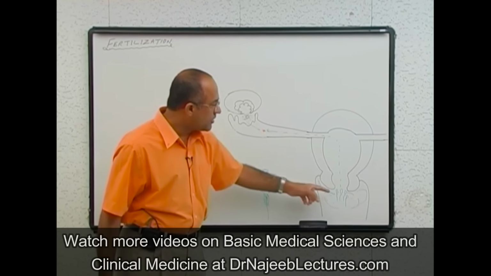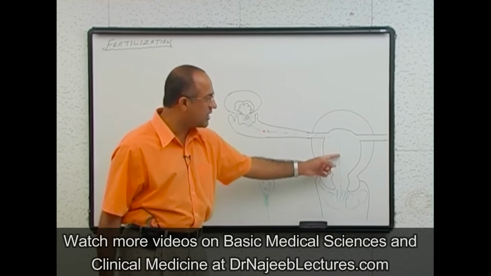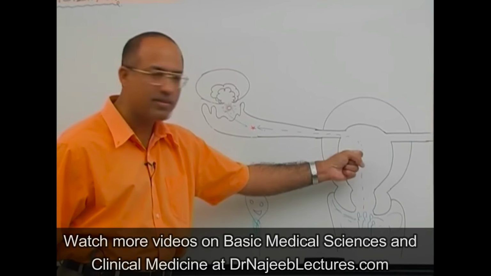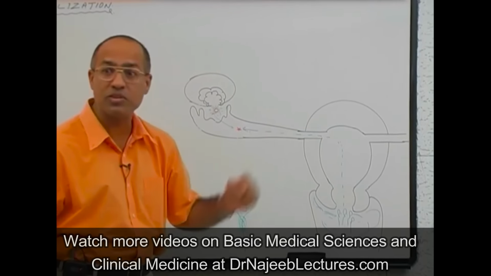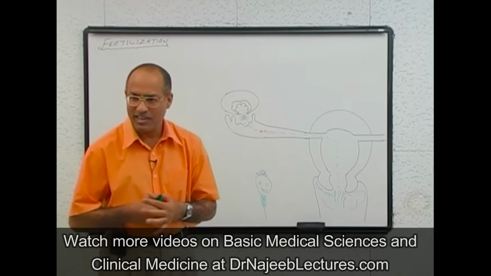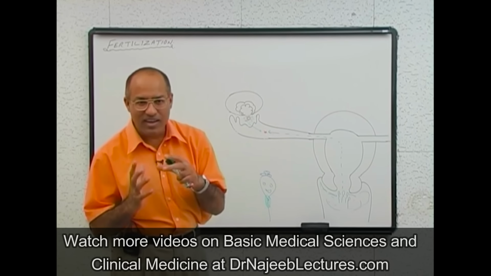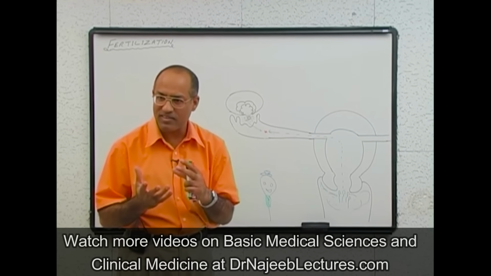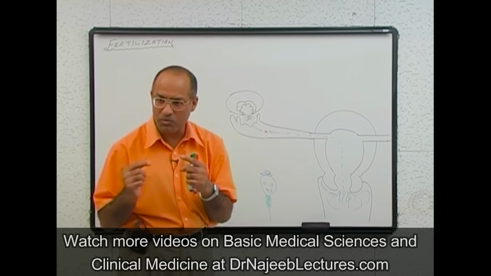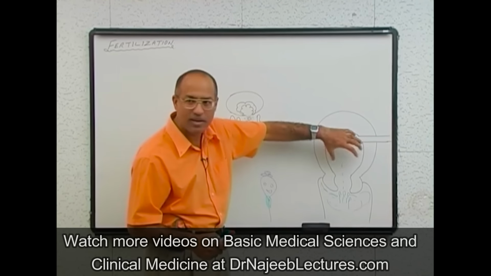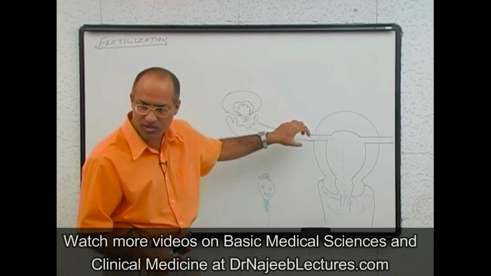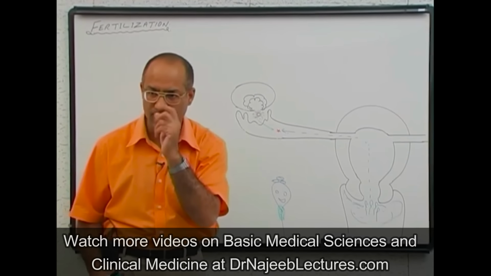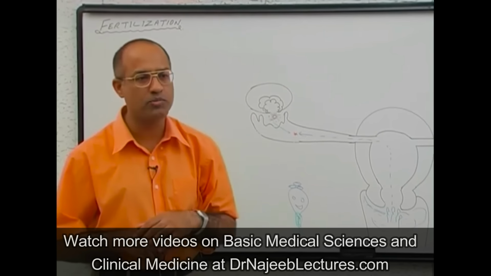Anyway, once they have moved here, once they're passing through this cavity and this area, contractions of the uterine smooth muscles and fallopian tube smooth muscles also help. So it's a double action. Mutual interaction between male and female for mutual benefit, in which the sperm contributes its motility and the female contributes the contractility of its hollow viscus, the uterus and fallopian tube. Both these things promote and facilitate the travel of the sperm.